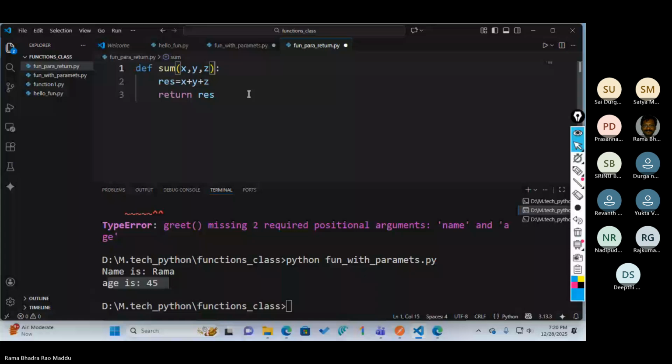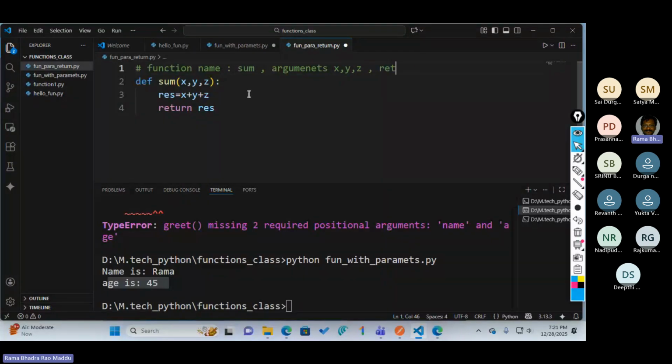So here the function name is sum, and the arguments are x comma y comma z, and the function gives a return.